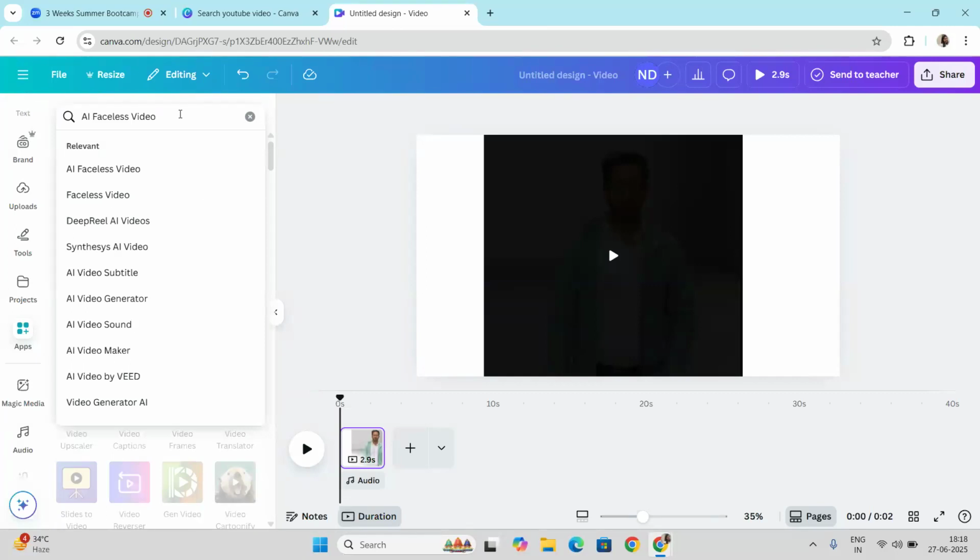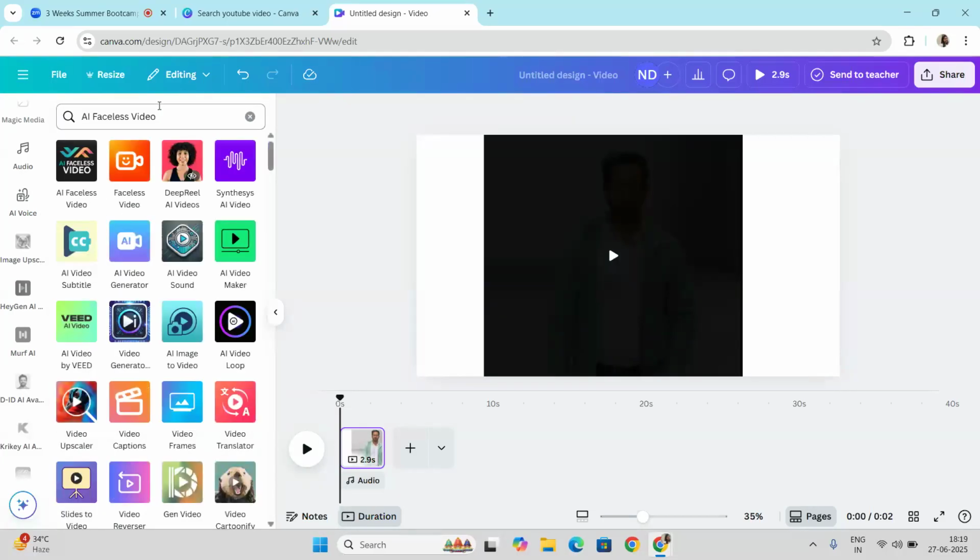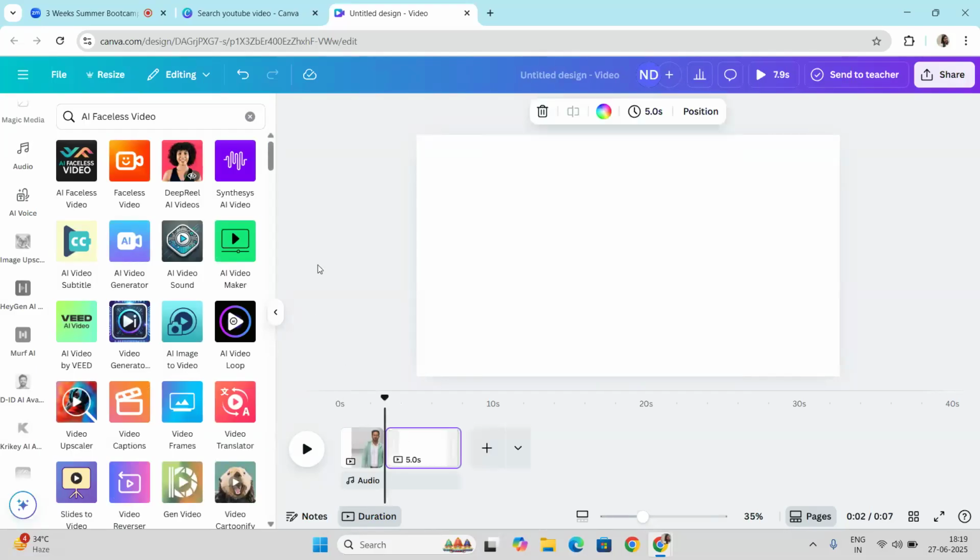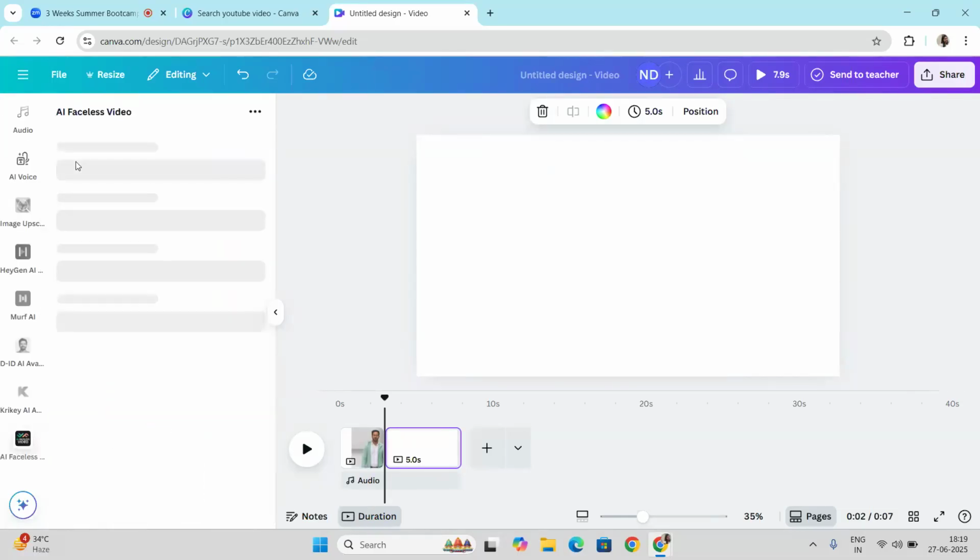Second is DID AI avatars, and the third keyword that you have to write is AI faceless video. Now you just need to press on AI faceless video. The first option that appears, you just click on it.